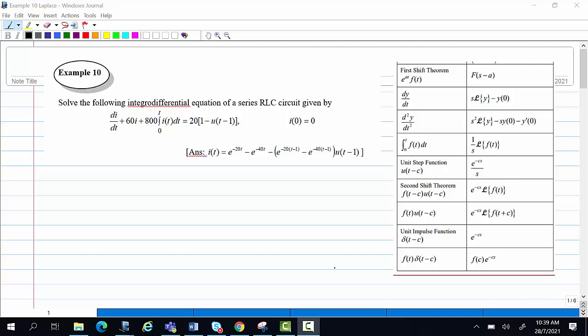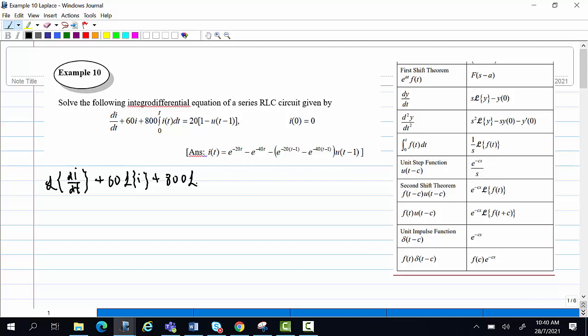Example 10. Solve the following integral differential equation of a series RLC circuit. To solve this equation, we take the Laplace transform of every term. So we will start with the Laplace transform of di/dt plus 60 times the Laplace transform of i, plus 800